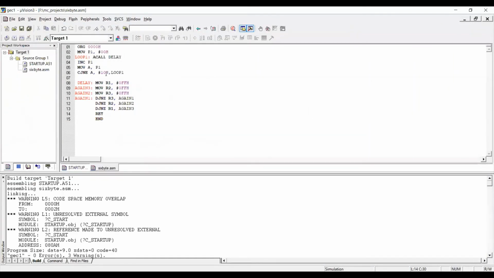Similarly for the down counter, right? For the down counter, here I'll initialize with FFH, right? This I'll do decrement P1. Here I want to decrement till 00 or some other value, whatever you want. I will take it as E0 for simplification.